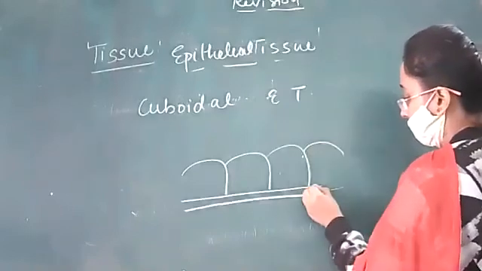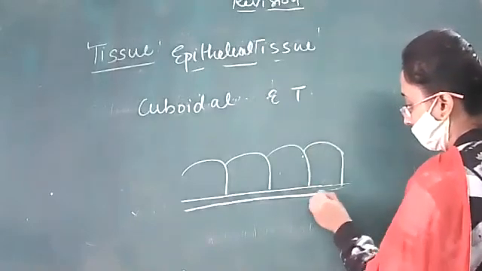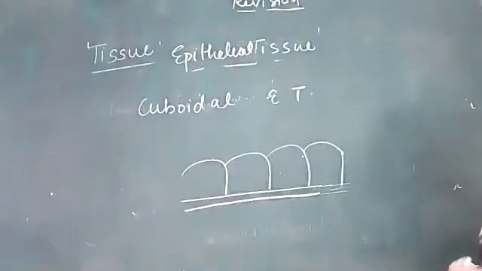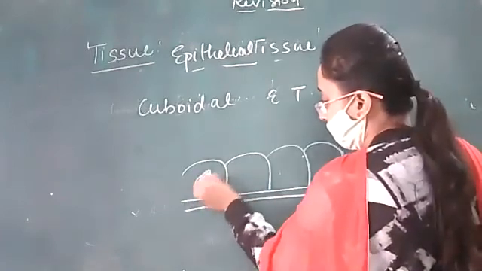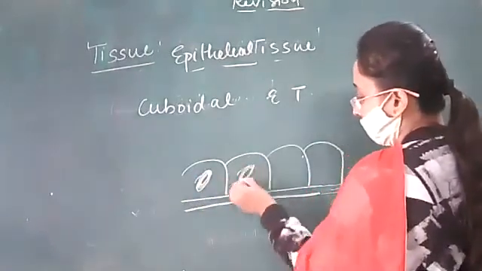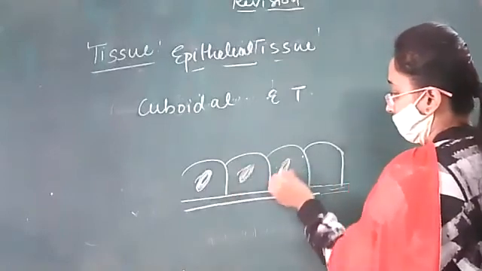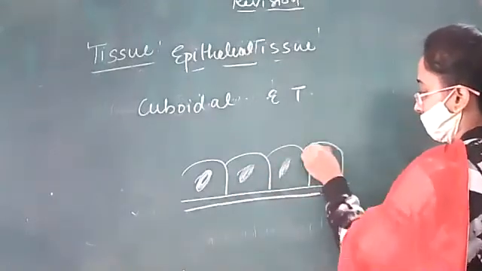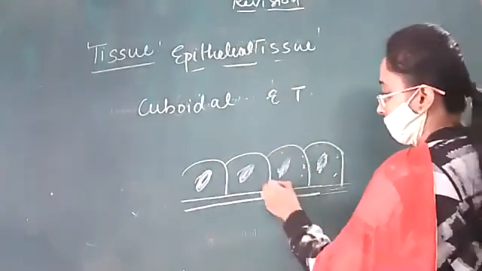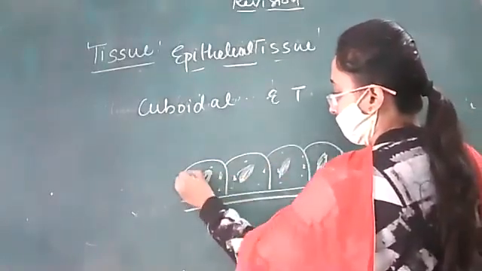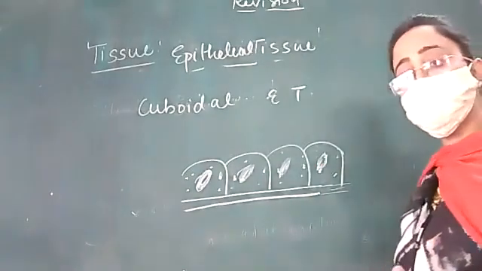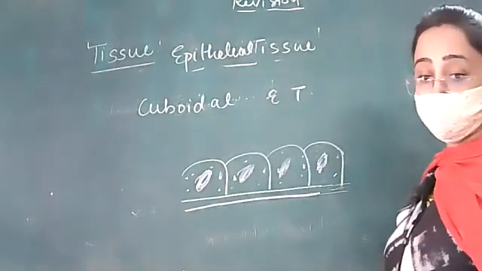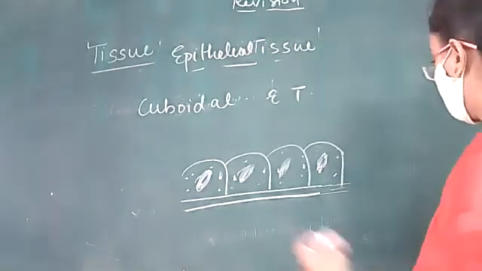So if we want to form the cuboidal epithelium, these have the same length, same width, same height, so it looks like a cushion. So this type of cell gives you a cushiony appearance. They consist of again a nucleus, then you will make cytoplasm. Where they are present, they are basically present in the tubules and ducts. And now let us label it.